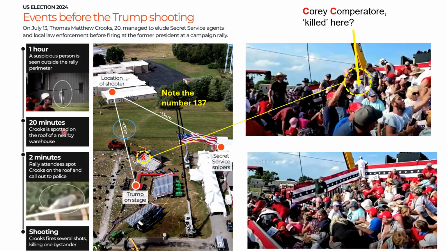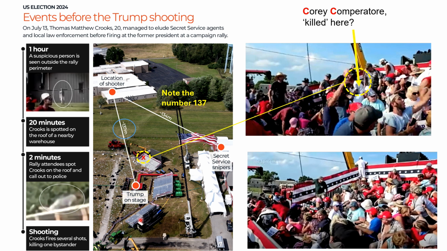It's changed, so they've moved it further over, and I'll explain probably why they've done that. So here's another diagram here. So we've got the shooter here. This is where the Secret Service snipers are, so they've got a good view of them. And this is the Trump stage. So shooting from here, he's got a clear shot here. Obviously, any other shots are going to go into this, and I think 8 were